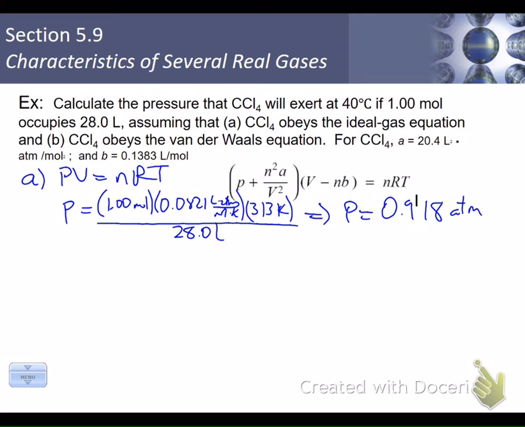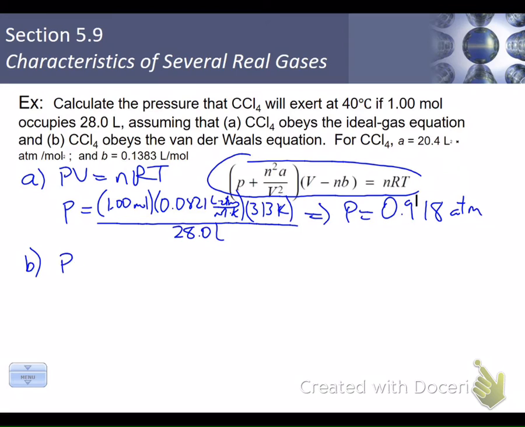Now we just talked about how if it's a real gas, then the pressure would actually be less than this. This is ideal. So let's use the van der Waals equation, which I've rewritten for you up here, and let's calculate the pressure that way. The first thing I'm going to do is rearrange my equation. I'm going to go through some algebra, and I don't really want to trouble you with all of it, but I want to rearrange it and solve for P.